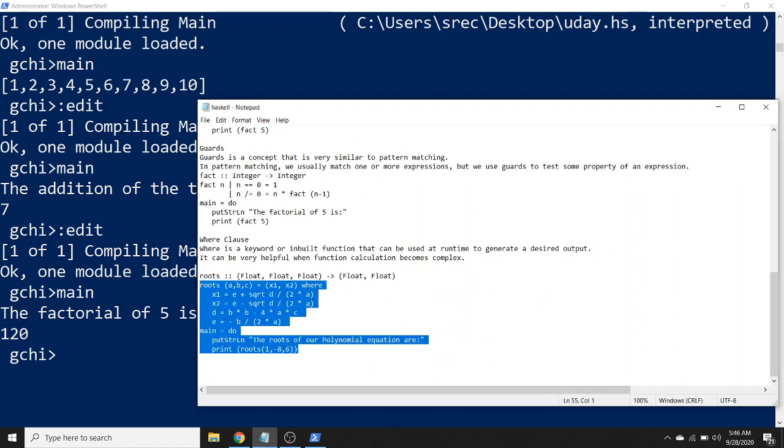Next, you can find the square root value. For this, you need to use the var class. Var is a keyword or an inbuilt function that can be used at runtime to generate a desired output.